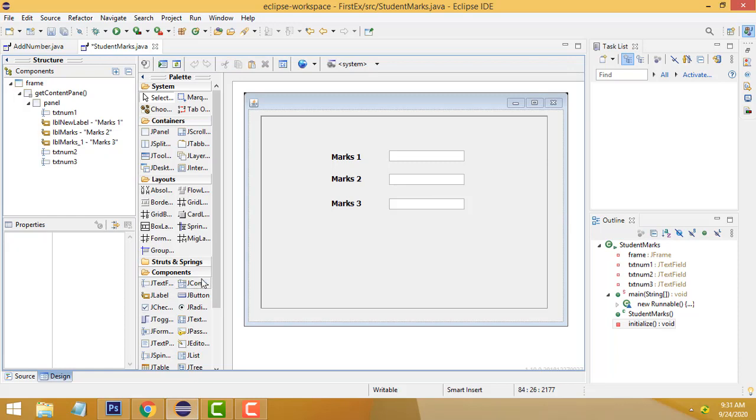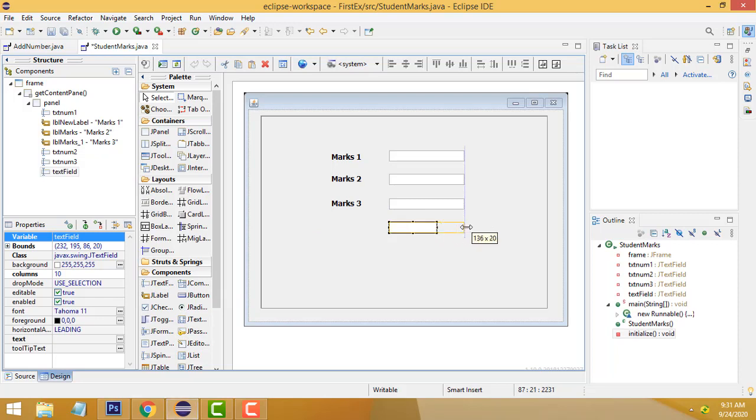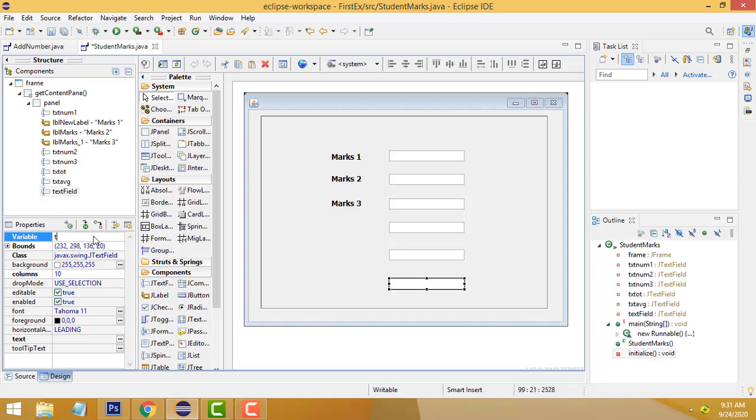After that we have to do another thing. This text field should be txt tot. After that, Control C to copy, Control V, this is the average, txt average, press enter key. After that, Control C, Control V, this one should be grade, txt grade, press enter key.